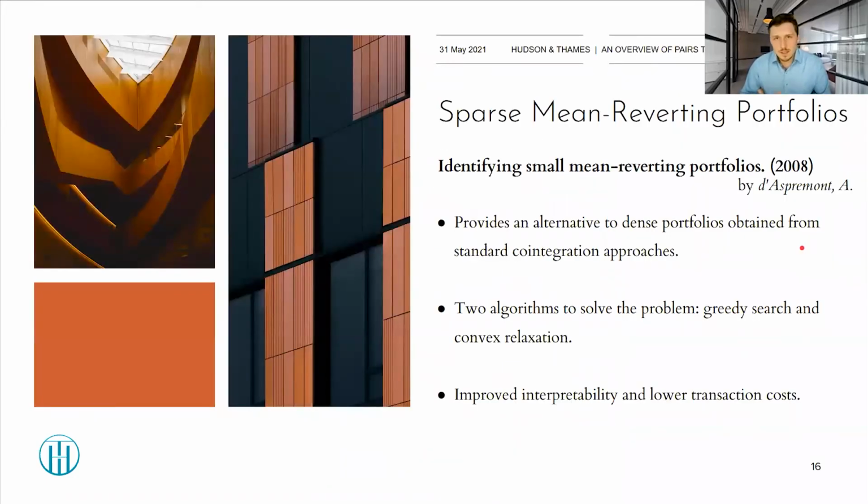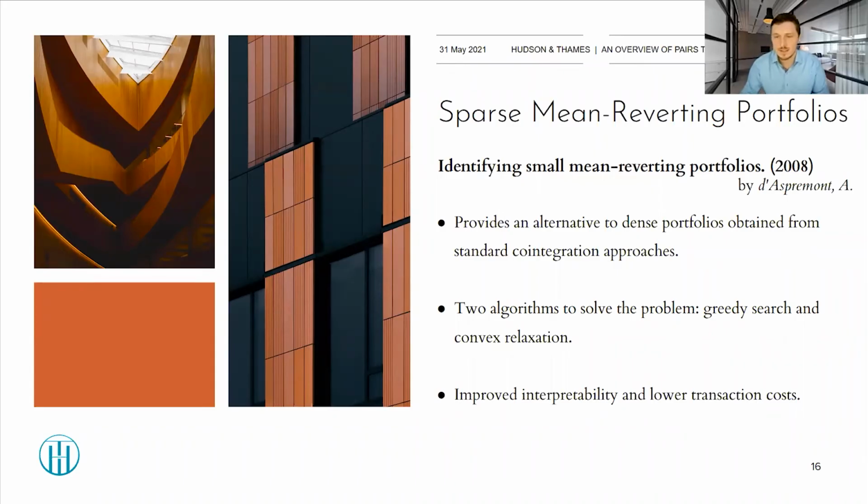And then the last element in the Cointegration approach is the sparse mean reverting portfolios. It's not widely described in the original Krauss paper, but we found it of great interest, and also some practitioners were mentioning it as a core element of the pairs trading strategies. What's interesting about this? Well, probably the most interesting thing is that it actually opts against the standard Cointegration testing as a way to determine